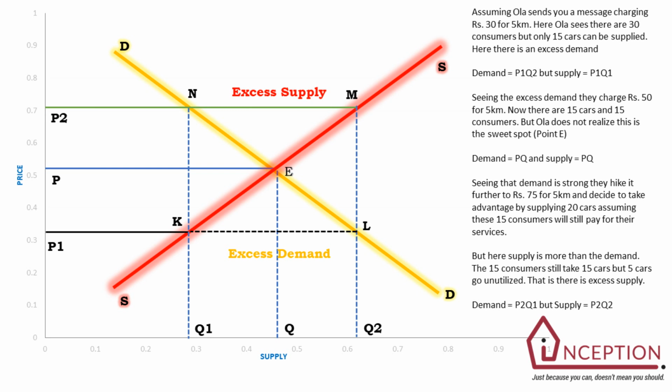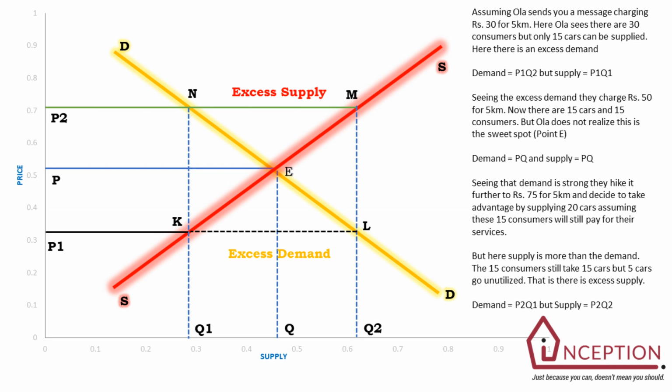So the supplier does something here. He notices the excess demand and charges rupees 50 for 5 kilometers. He is assuming that if I were to hike the price, the number of people who can avail my taxi service is going to reduce. Now I know you might be thinking that why would he want to do it? Why can't he make his taxi service available to everyone? But trying to make your product or service available to everyone isn't so feasible. It can result in additional cost. So, to discourage people from taking up the taxi service, it decides to charge rupees 50 for 5 kilometers.